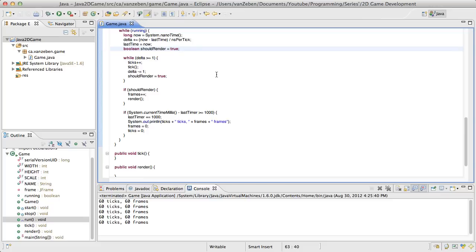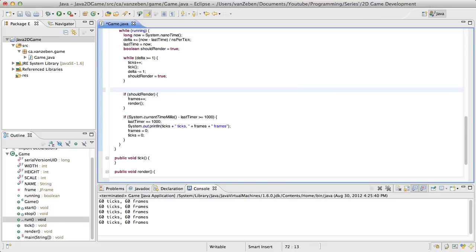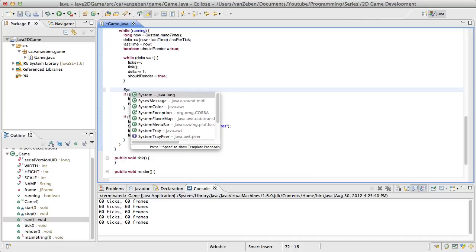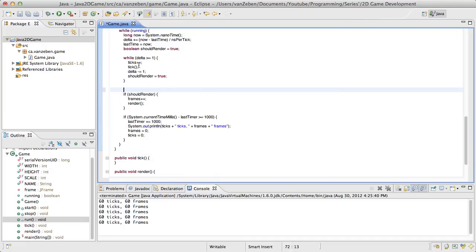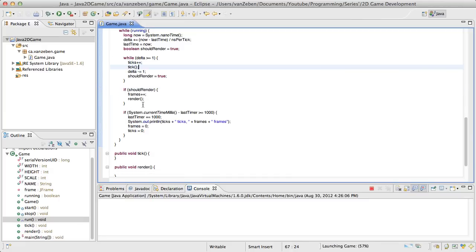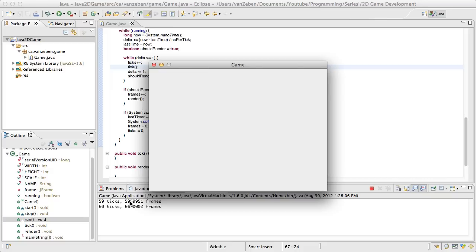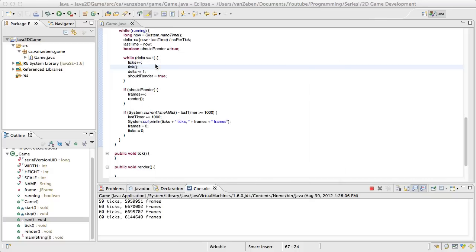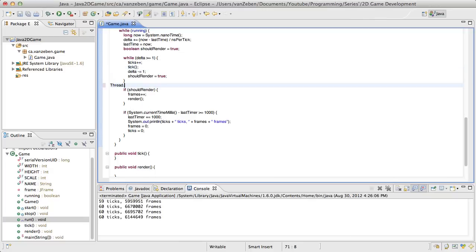We just want it, for now, we're going to leave it set to true, and we're going to put a sleep in here just so the system doesn't get overloaded, because if we run this again with it true, it's going to do what it was doing before, where it's just insanely, yeah, look at that. That is ridiculous. So right here we're going to do a Thread.sleep, okay, 2,